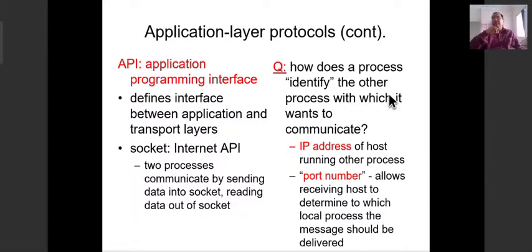Fine. Next, in that machine, there are so many processes running. How will that particular process be identified? That is known by port number. We are introducing another number known as port number. This is network port, okay? Network port number, which is basically